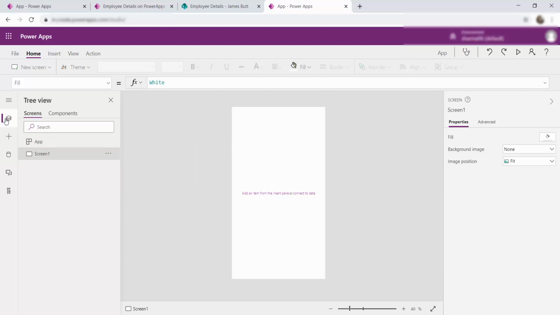Now let me go to the tree view, and in the tree view, if you see, there is only one screen. It is a blank screen. I don't have multiple view, browse or edit screens similar to the second approach, which was starting with the data source. So this is the difference between the three approaches. Based on your needs and requirements, you can select any one of these approaches to customize your SharePoint list or to create an app with the SharePoint list as your data connection.